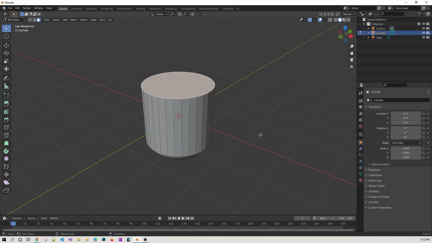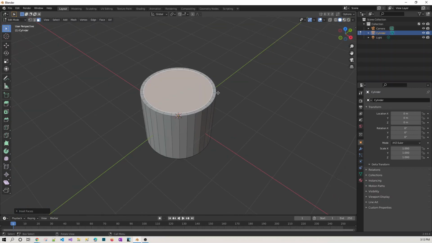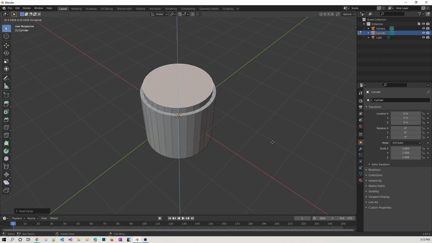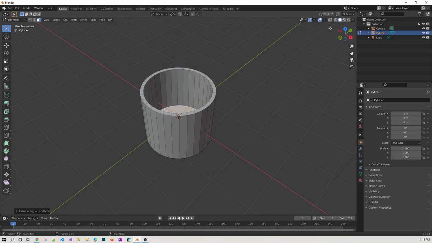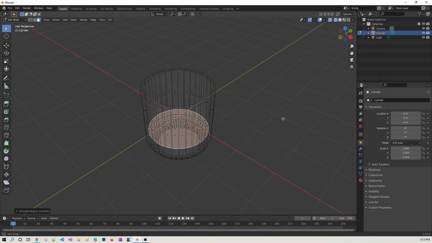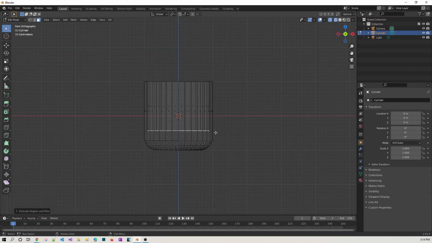Select this one. Press I to increase a little bit and create a kind of depth, because the cup we have will actually have some width. Now after that, press E and stretch it down. How much can you stretch? Press 1 so that we can at least stretch up to this level.